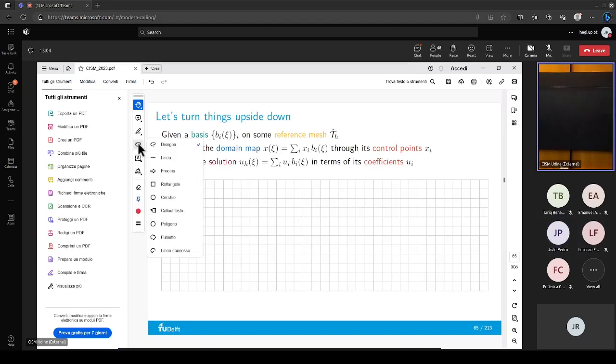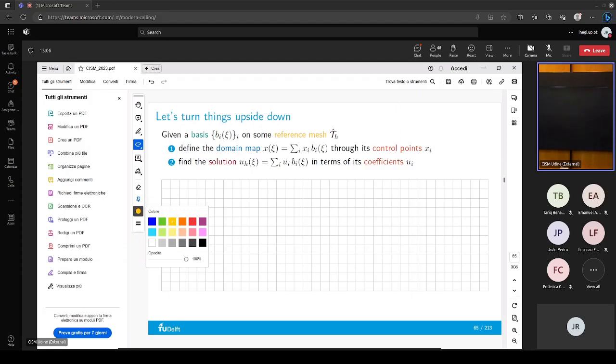I try to use the same colors somehow. Okay, with one. Let's make it simple. It's not an element, it's really a mesh consisting of two elements in this case. Then on that we define a basis. Okay, let's define this basis